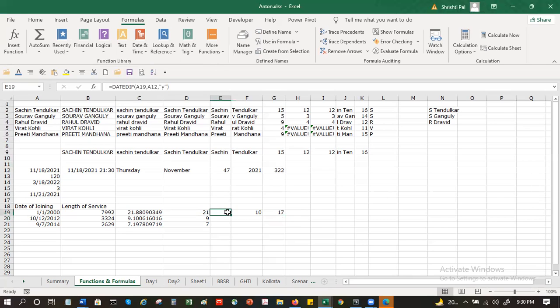You're hitting F4, right? Yes, the function key F4.